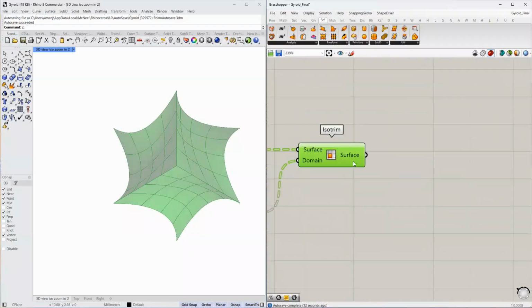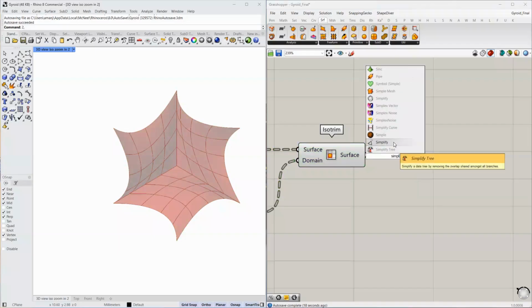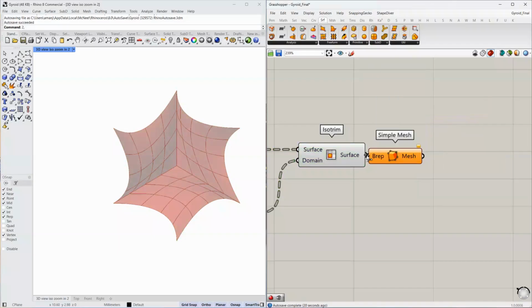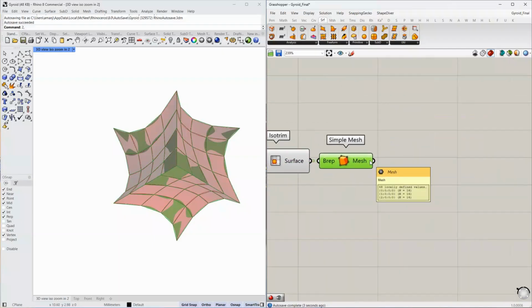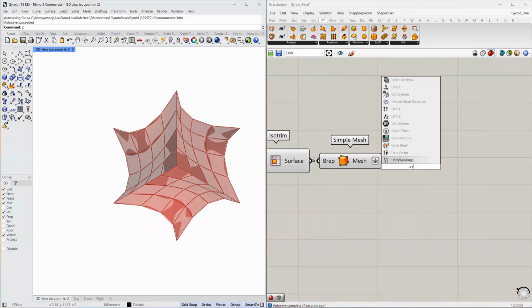Take the surface. Now once I have these surfaces, we need to convert this into a mesh. For that, I use simple mesh, and now I have 16 faces. Flatten these, get 28 faces. Now a couple of things to join them into a